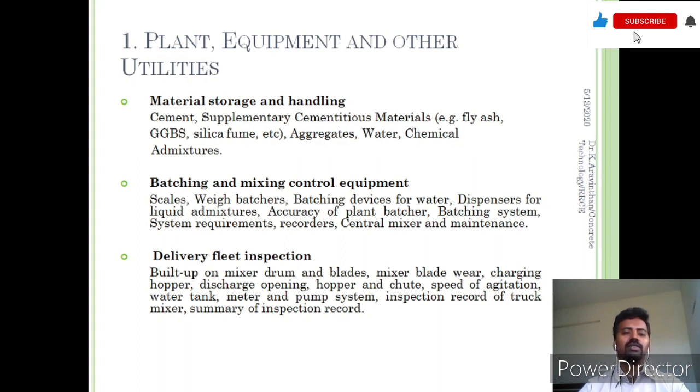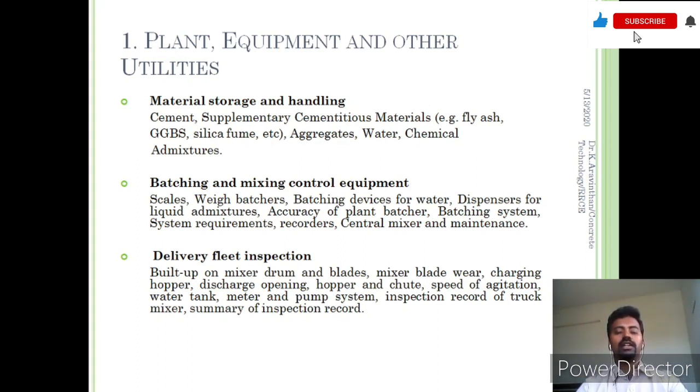The materials are cement, cementitious materials like fly ash and GGBS, water, aggregate and chemical admixture. You have to have a particular size of unit to store these components, and a batching and mixing component, which we discussed in this picture earlier.